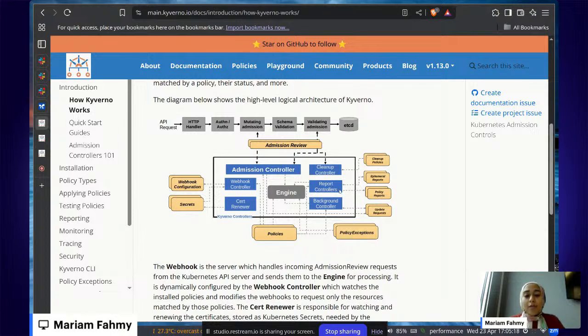We also have the policy reporter dashboard, where you can view all the reports that are generated. And we also have the cleanup controller, which is responsible for the cleanup policies. This is a policy type where you can define unused resources, and the cleanup controller will remove these unused resources on your behalf.